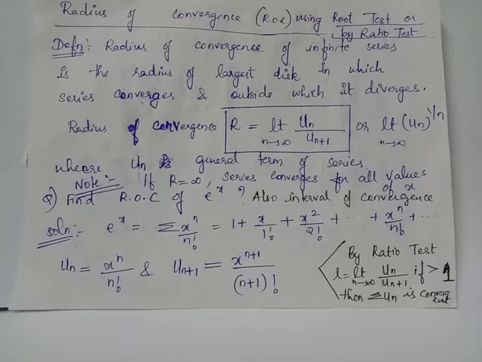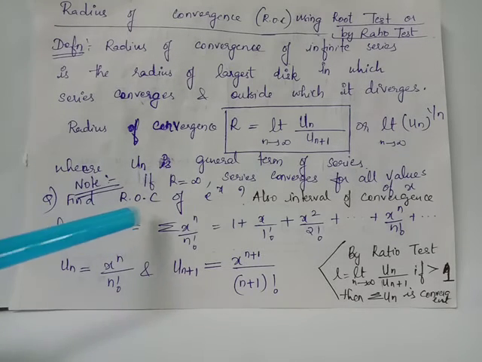Generally, whenever you have a power series summation a_n (x minus x naught)^n and you obtain radius of convergence R equals 0, it would mean that the power series will converge only at x equals x naught. However, if you obtain radius of convergence equals infinity, it would mean that the considered power series will be convergent for all real values of x. Let us look at an example.